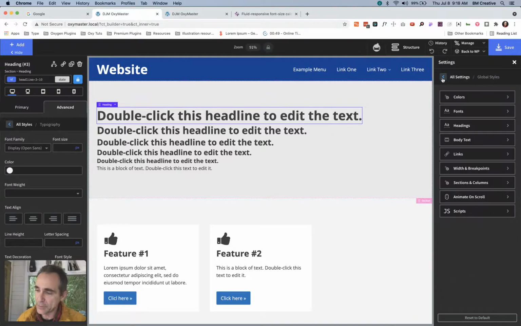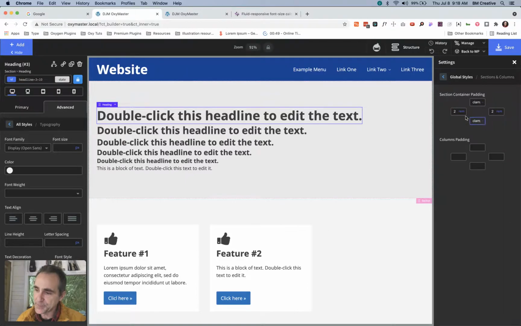Let's go back to all settings, sections and columns. So the padding on left and right, I have it set at 2 times 10. At this point, it's going to be 20 pixels left and right. And then on the top, I left it that way. I didn't use clamp there because I want that to be consistent through everything. That doesn't matter. But on the top and the bottom, so for example, here on desktop, I have it set,